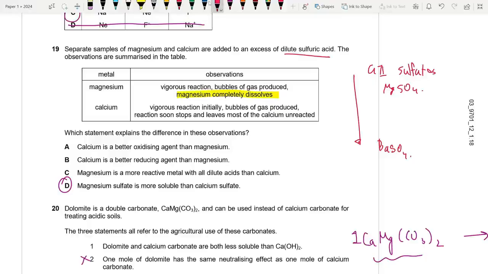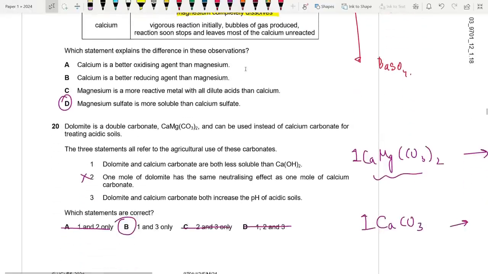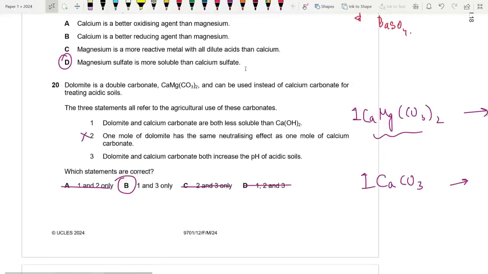So the general idea is, this is a question on group 2. You will either get a question on group 2 sulfates or hydroxides. For hydroxides, solubility increases down the group, and for sulfates, solubility decreases down the group. So since magnesium sulfate is more soluble than calcium sulfate, that is why we get these observations. Understood? Next. Number 20. Dolomite is a double carbonate and can be used instead of calcium carbonate for treating acidic